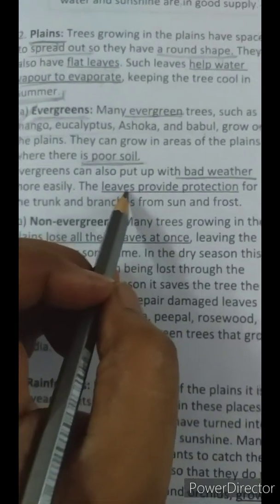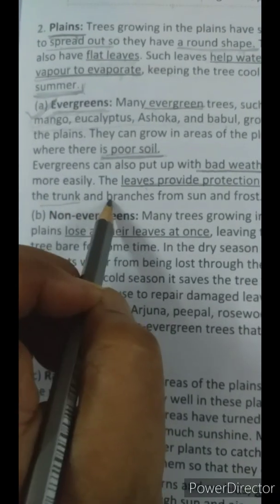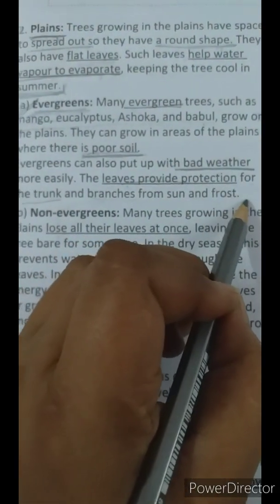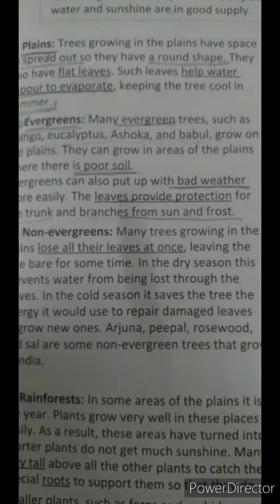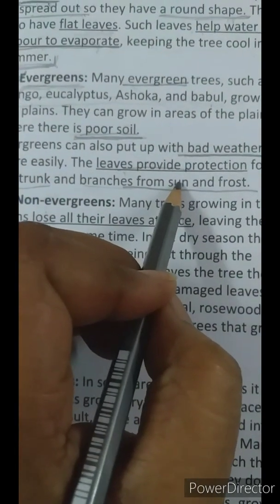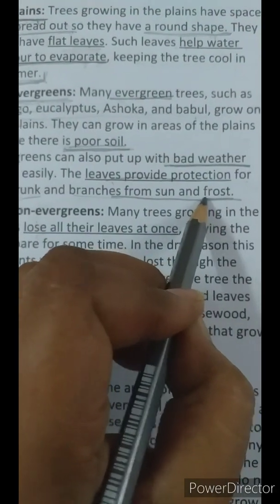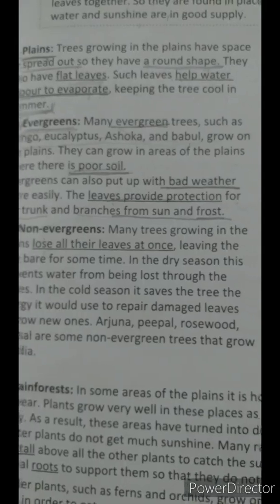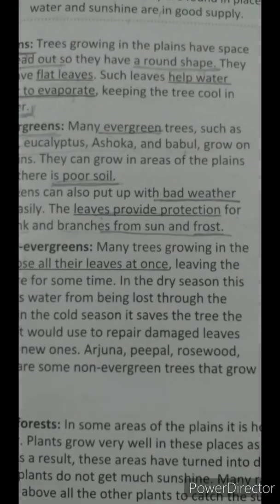The broad surface of the leaves provides protection for the trunk and branches from sun and frost. Okay, on plains, you know, there is all the time direct sunlight falling on the tree, and during winter conditions, what happens? Frost forms. Okay, children. So let me tell you what frost means. When the temperature is too low, what happens?